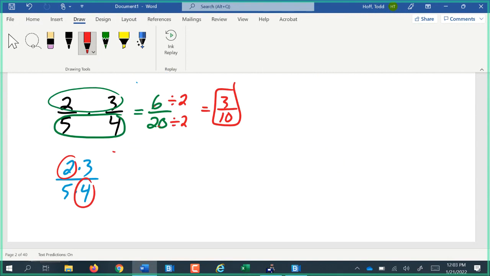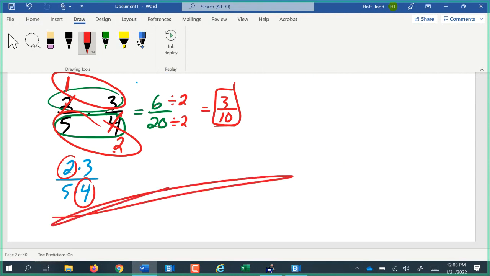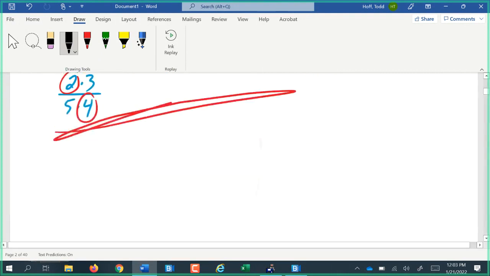2 divided by 2 is 1. 4 divided by 2 is 2. Now when we multiply, 1 times 3 is 3, and 5 times 2 is 10. We've reduced our answer before we multiply. Now in a problem like this, it really doesn't make much difference whether we cross-cancel to reduce first, or if we multiply it out and reduce at the end. But we will run into examples like